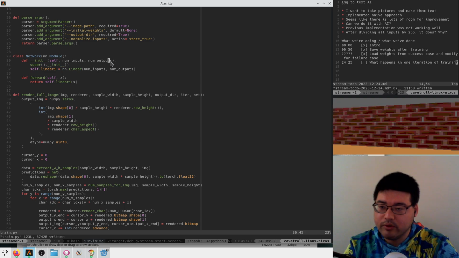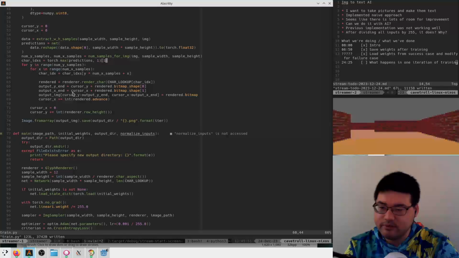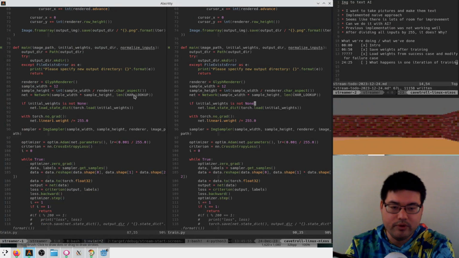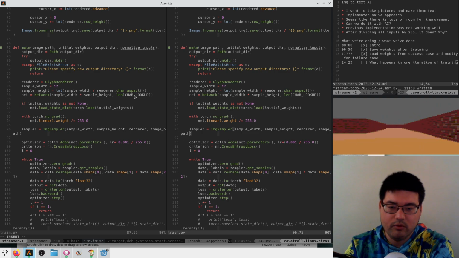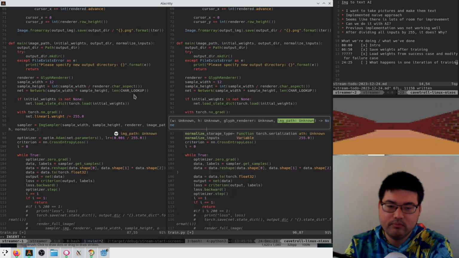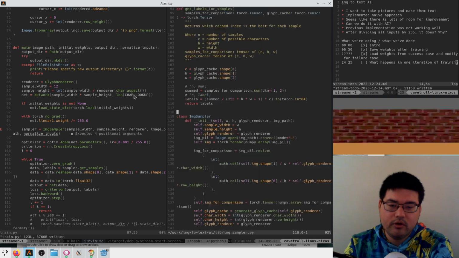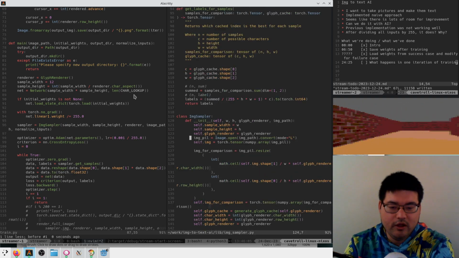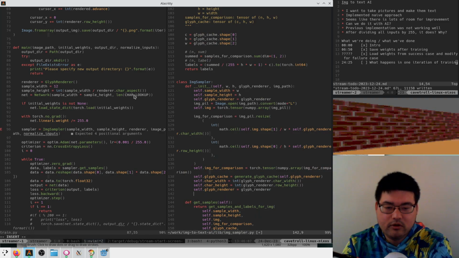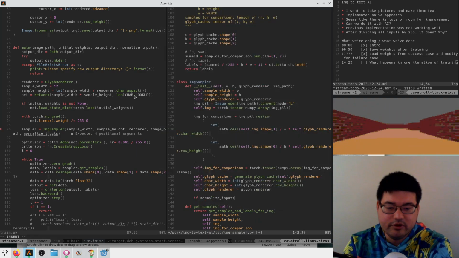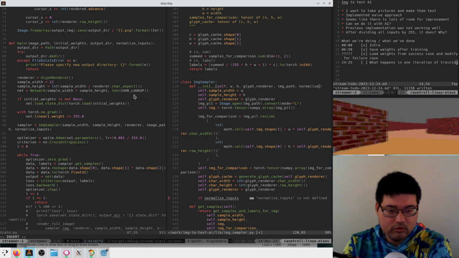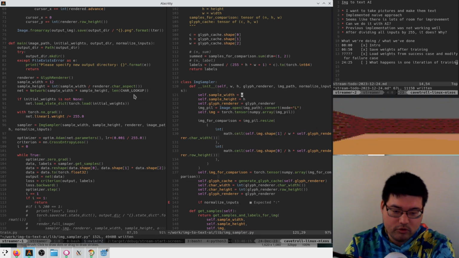And then here, when we create our image sampler, we will pass in whether or not we want to normalize inputs. And here we just say, at the end, if normalize inputs, which we need to take as an input here. Yeah. If normalize inputs,